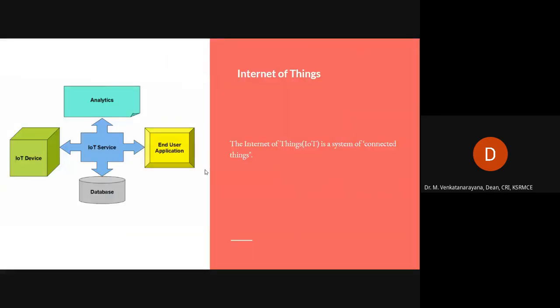Before going to ThingSpeak, I would like to give the definition of Internet of Things. We all know Internet of Things is providing communication among a network of sensors. So there is an IoT service or API. It connects all the devices, sensors, storage, and the user interface and analytics.